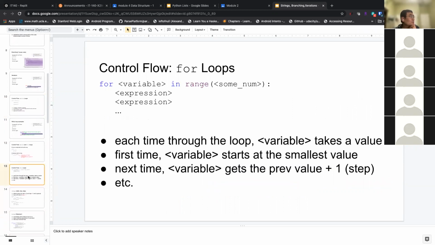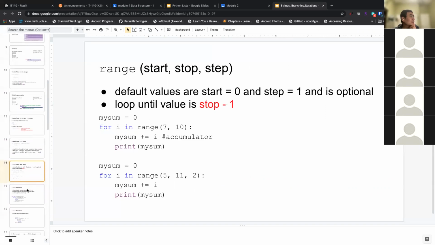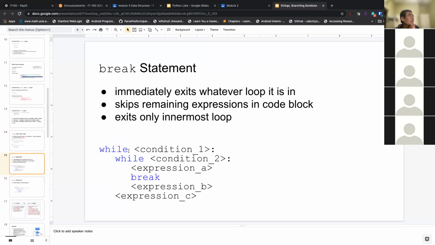I want to talk about the break conditions. Okay, here you go. So, the break statement. Sometimes you want to break out of the while loop because, for example, you're searching for a telephone number in a telephone book, and you find your number, then you don't need to go through the whole thing. Maybe the telephone book is very long, right? You want to be efficient. Once you find it, you can exit the loop early. So break will let you exit that loop early, okay?